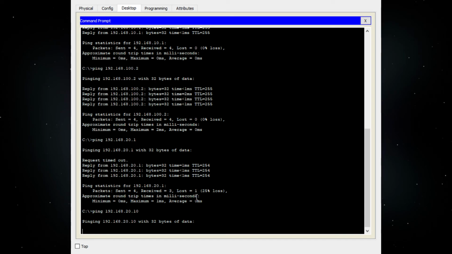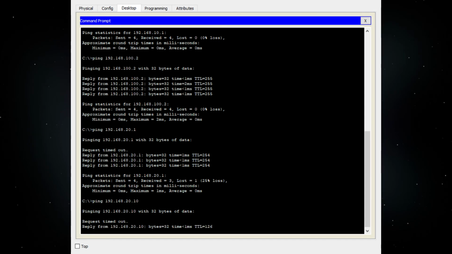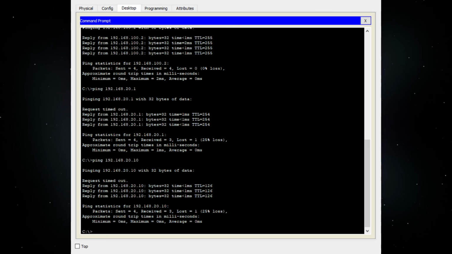20.10. Did I make it .10? I don't even remember. Yep, 20.10. So the first ping is kind of looking for the device. It doesn't quite find it, but the second one's able to find it. So